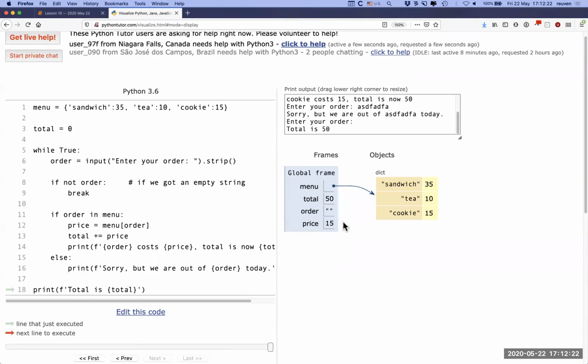And so simple things you might want to do with that. Months of the year. You have the keys be the numbers and the values be the names. Or if you have a program that wants to be multilingual, multinational, then you could have two dictionaries, one for the main language and one for a secondary language. And then you pull out from the appropriate dictionary which language you want